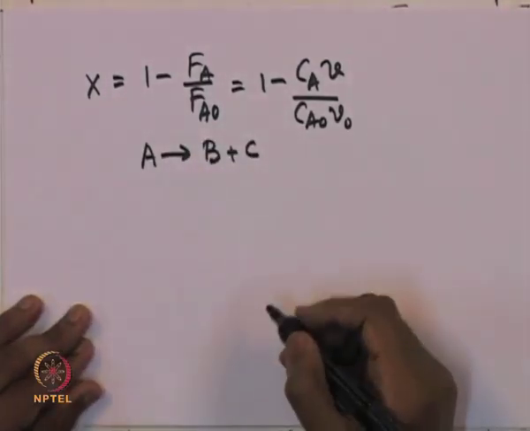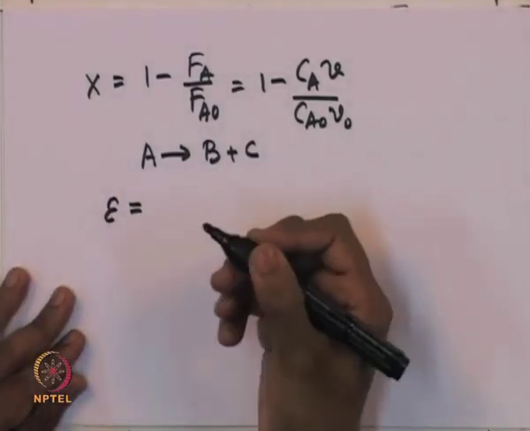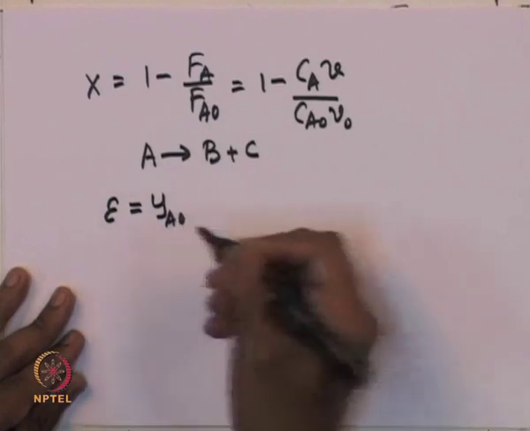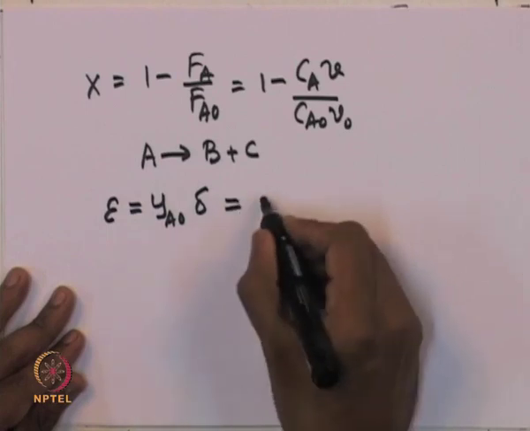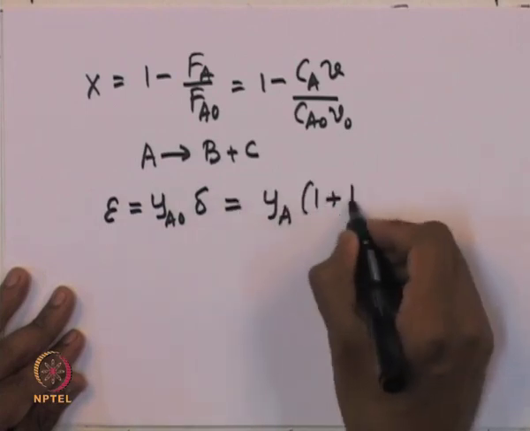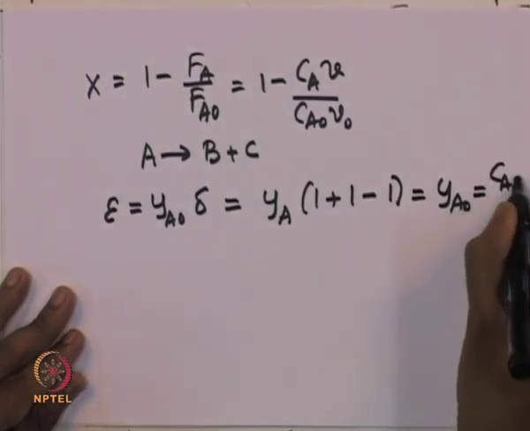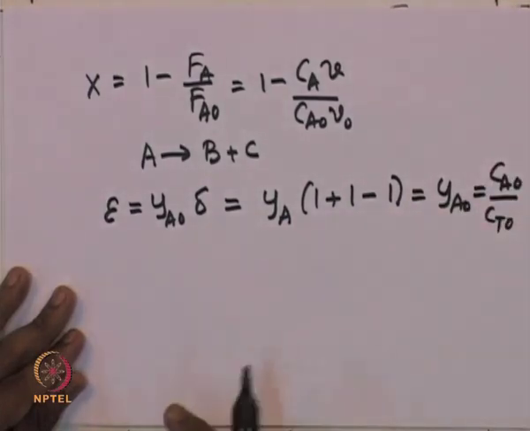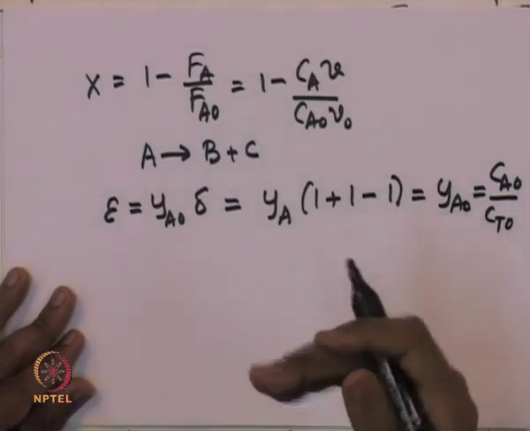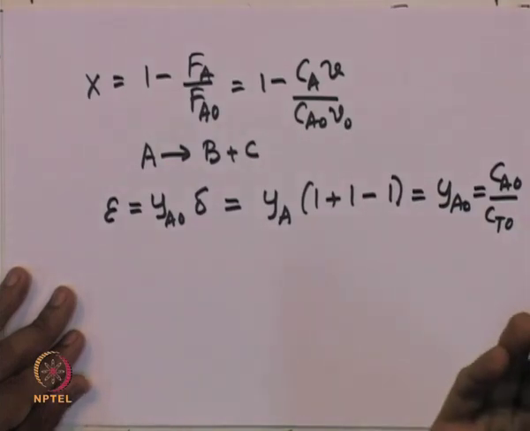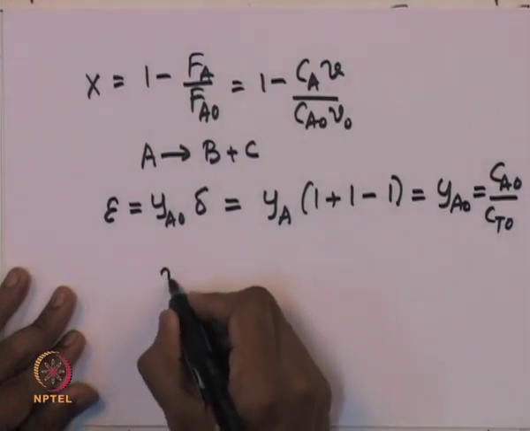So, therefore, the net fractional change in the number of moles is given by the overall mole fraction of A multiplied by this change in number of moles, which is equal to Ya naught into (1 plus 1 minus 1), that is equal to Ya naught, which is given by Ca naught by Ct naught, where Ca naught is the concentration of the species in the inlet stream, and Ct naught is the total concentration at the inlet stream. Okay. So, by using this expression, we can rewrite V by V naught